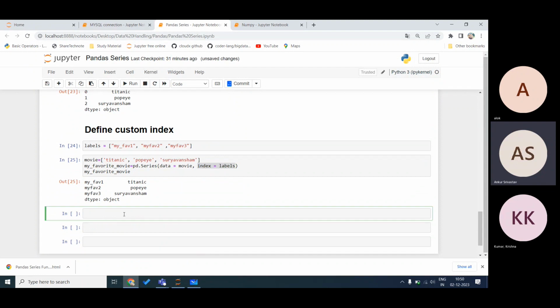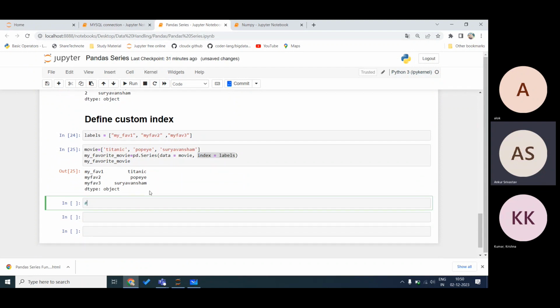Now moving forward. Suppose that I have to define a Pandas series from a dictionary. What is the syntax of a dictionary? Can anyone tell me?